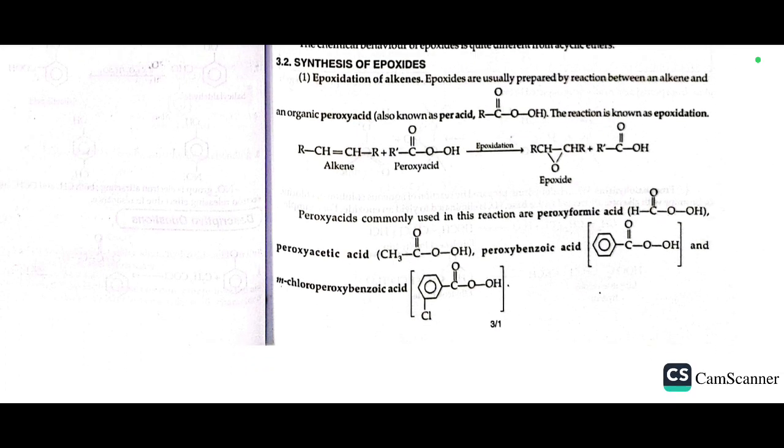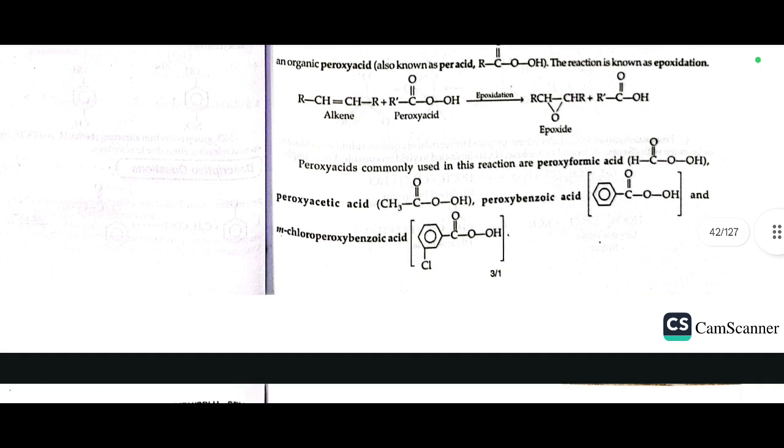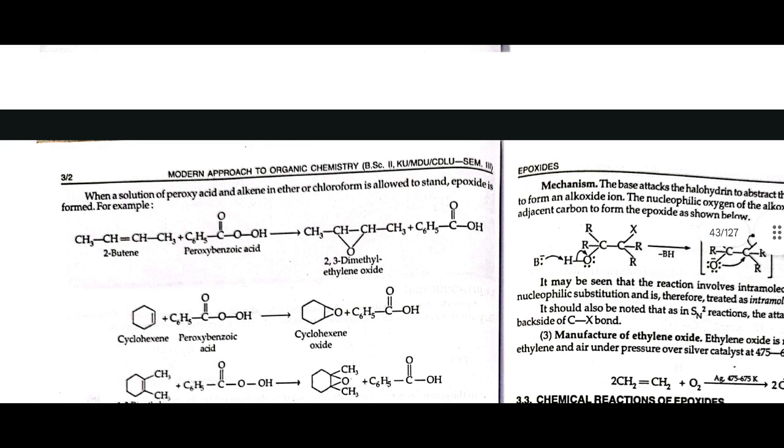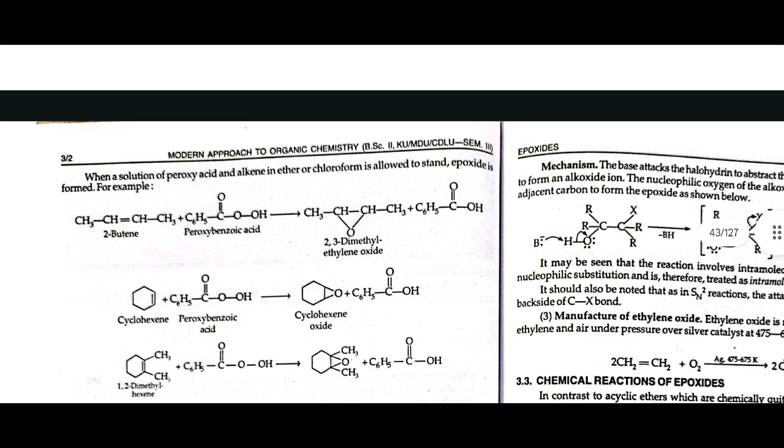Peroxy acids commonly used in this reaction are performic acid, HCOOOH, peroxyacetic acid, CH3COOOH, peroxybenzoic acid, C6H5COOOH, and metachloroperoxybenzoic acid. When a solution of peroxy acid and alkene in ether or chloroform is allowed to stand, epoxide is formed, as